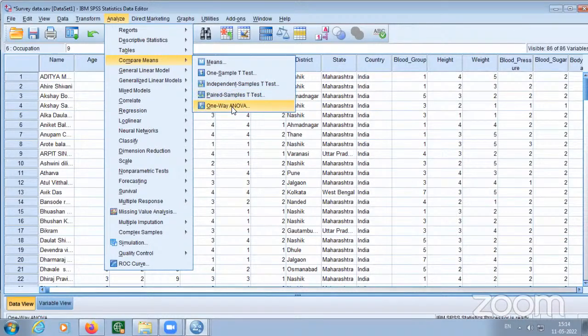Then suppose we have more than two variables under study, whether they are coming from the same population or different populations, and we are interested in the respective change in the variables. So in that situation, what will we do? According to treatment, meaning we are applying different treatments. Suppose